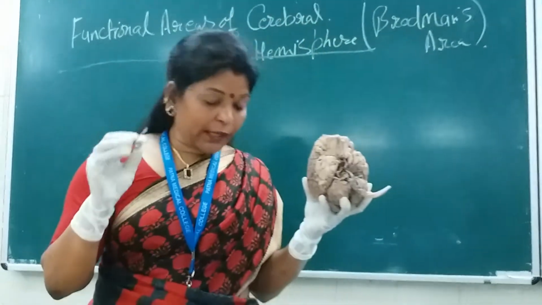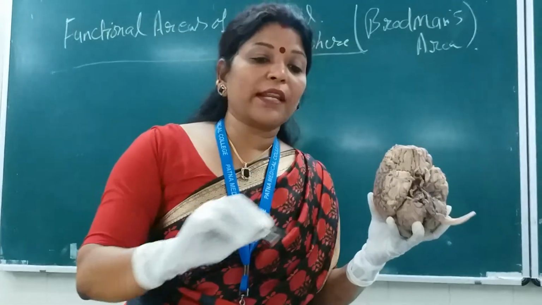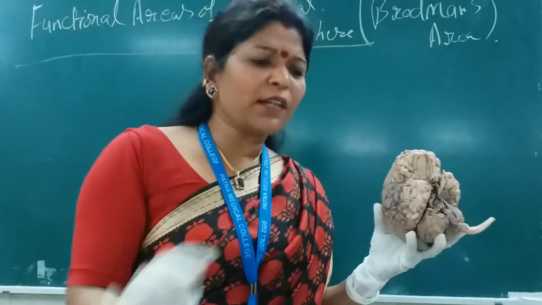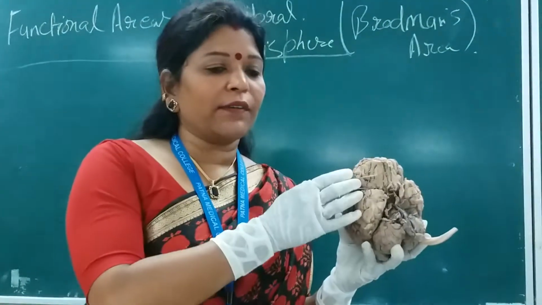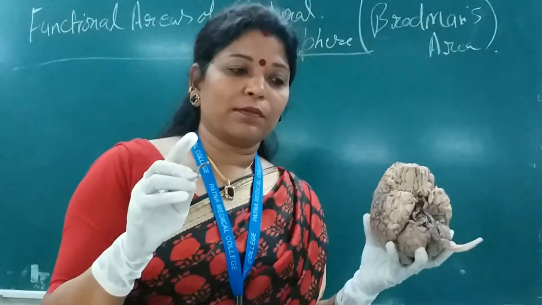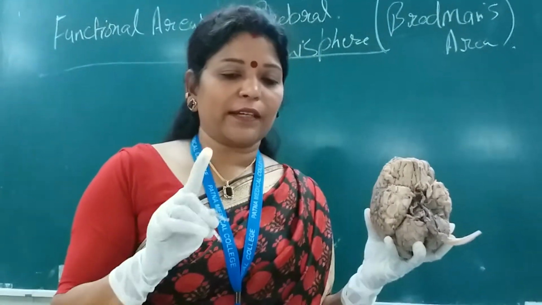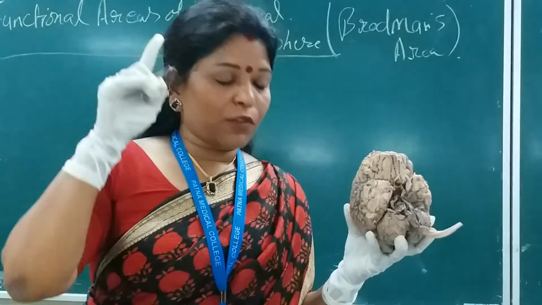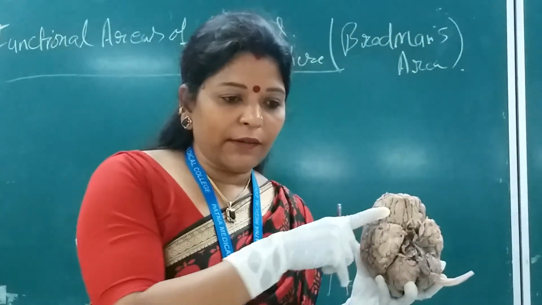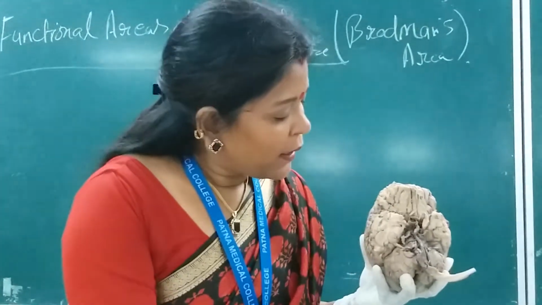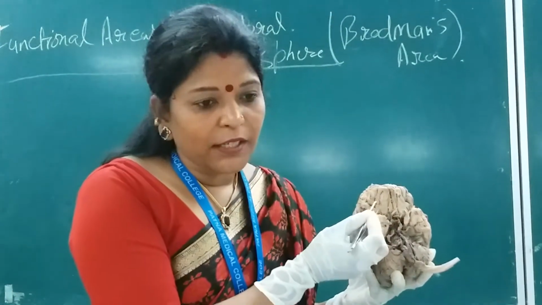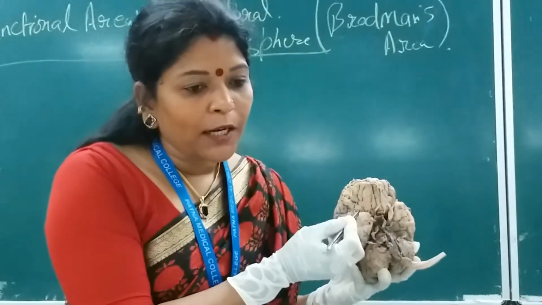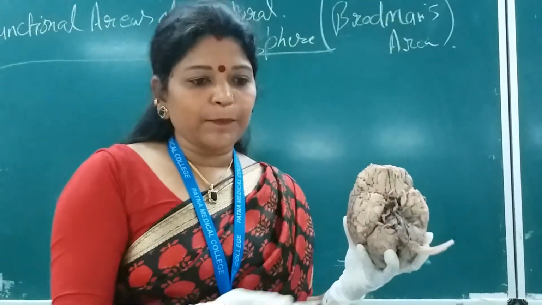Students, let me clear that the olfactory pathway is neglected by students many times. 80% of students think it is not important, but sometimes in the viva it comes up, because don't forget, this is the first cranial nerve. The olfactory nerve is the first cranial nerve. There is so much popularity of this cranial nerve. We will discuss it right now. So the H-shaped sulcus is present here and divides the medial, lateral, anterior and posterior orbital gyri.